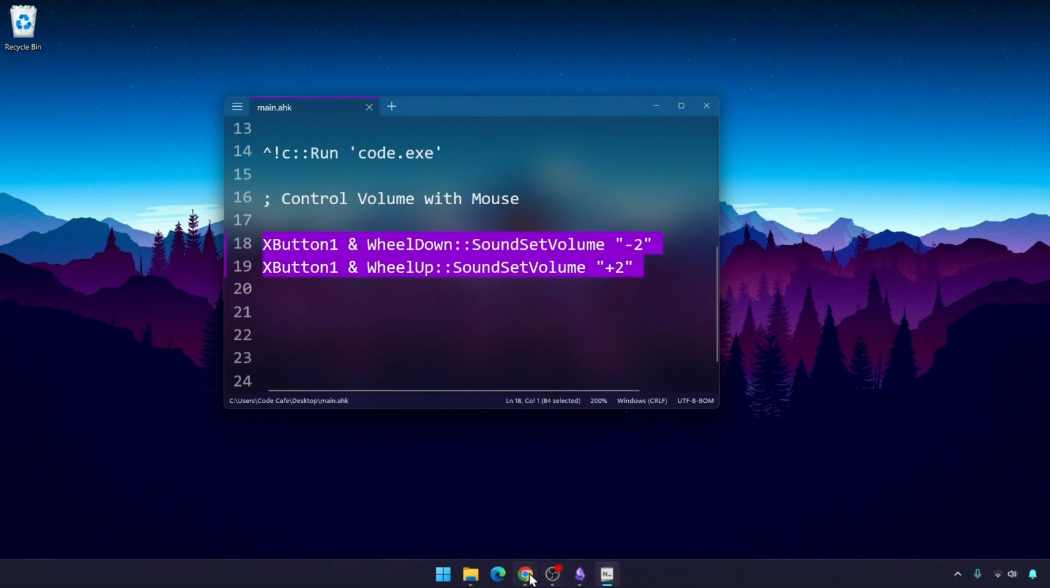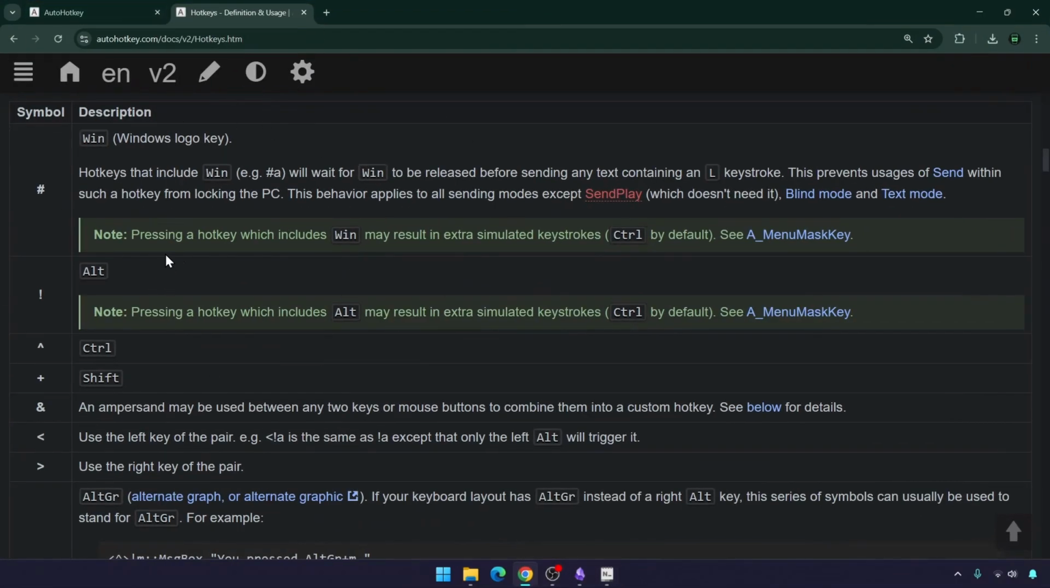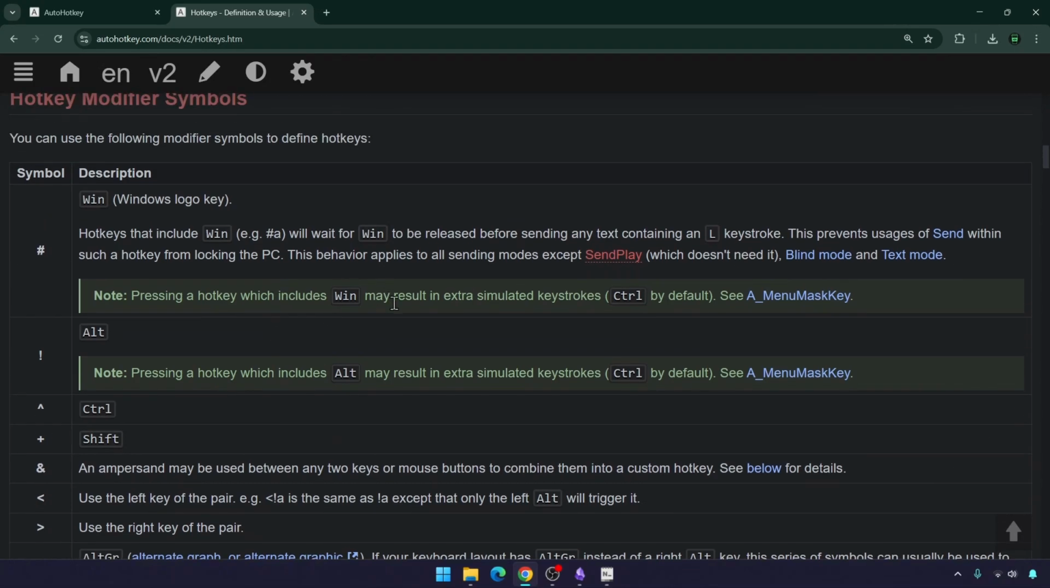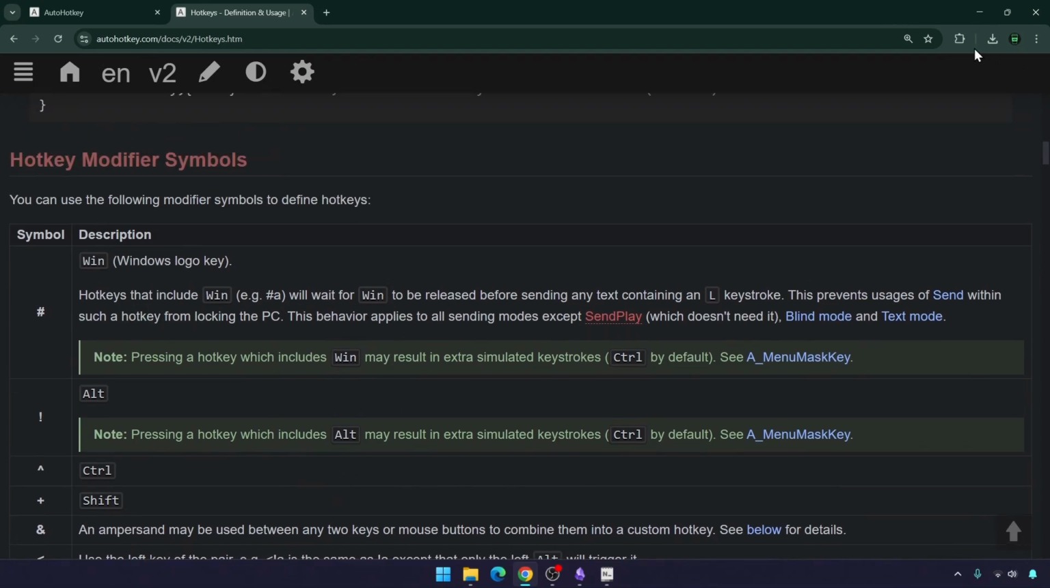You can look up everything in the official AutoHotkey documentation, but you just need to get habituated to its language, that is to say,